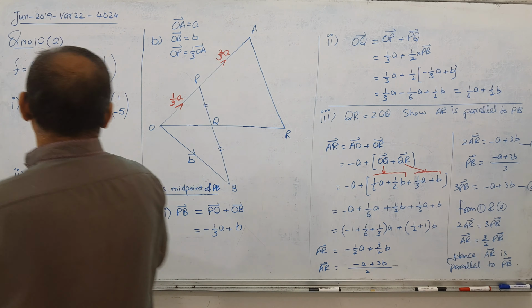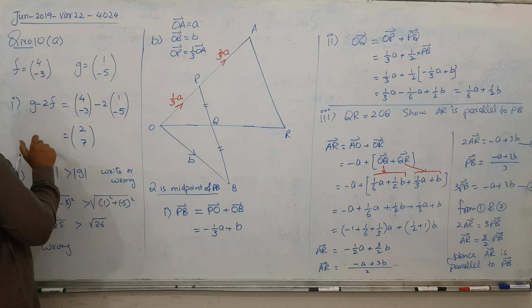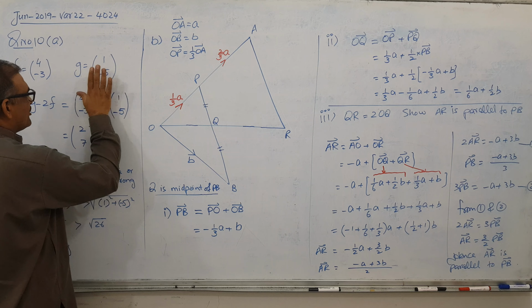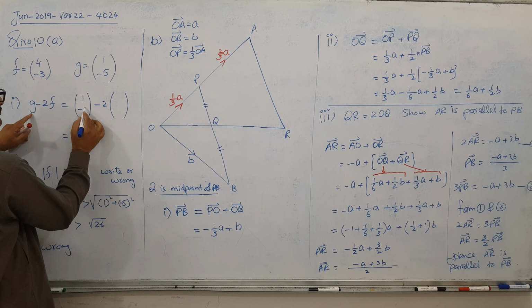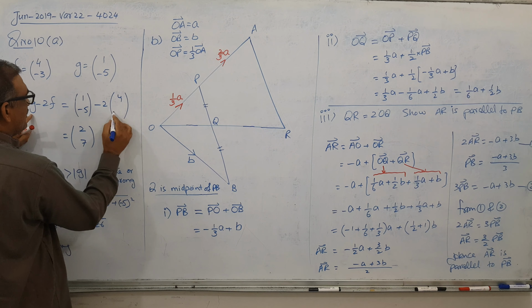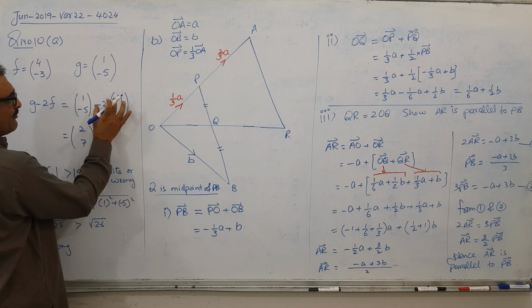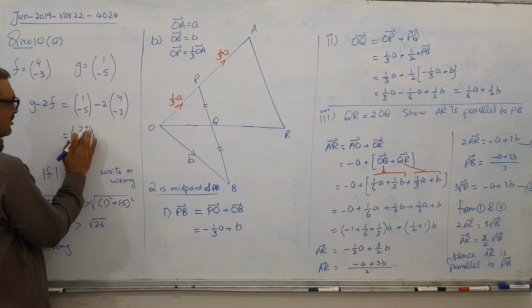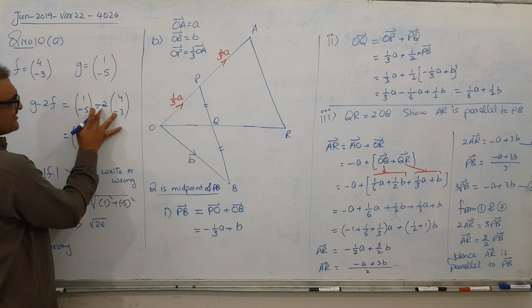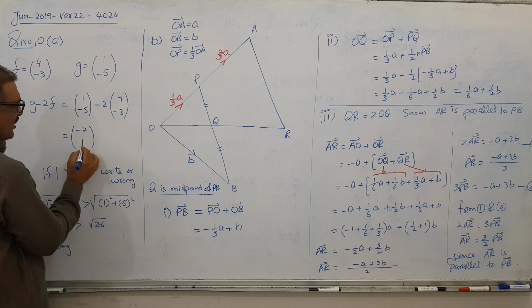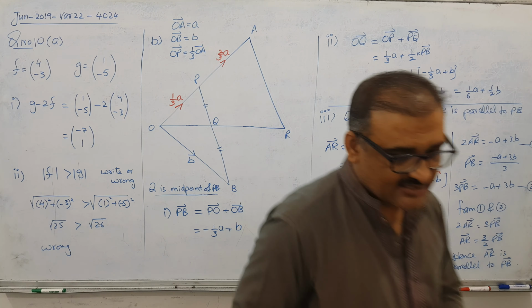Okay, students, there's one mistake in the order. G is before; I made a mistake, I wrote F here. So I should change the order. The rest is clear. So this G will come here, and F will go here. So now 4 2s are 8, so I got a minus 8. So I got here minus 7, and minus plus 6, so I got a 1 here. I think now the idea is clear and the mistake is finished.